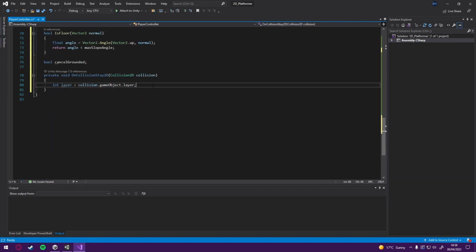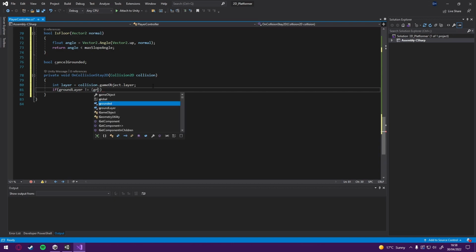So now we have that, we're going to say if groundLayer not equal to